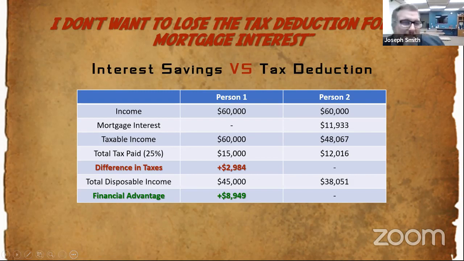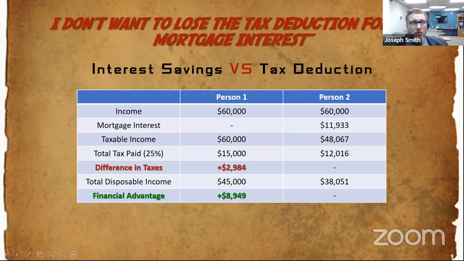So that's where person two says, yeah, I don't think I want to give up my mortgage interest deduction. However, person number one had more disposable income for themselves throughout the whole year because they didn't take that mortgage interest deduction. They're the entrepreneur. They paid their taxes on their own terms, so to speak. They either paid it March 15th or September 15th, if you filed an extension. But their total disposable income was $45,000. So that's more to work with.